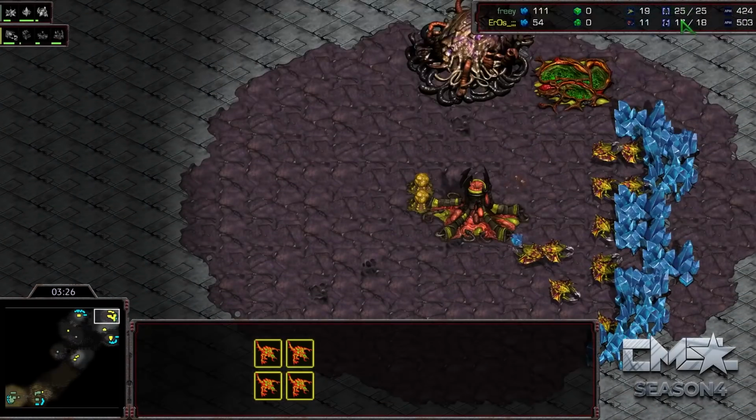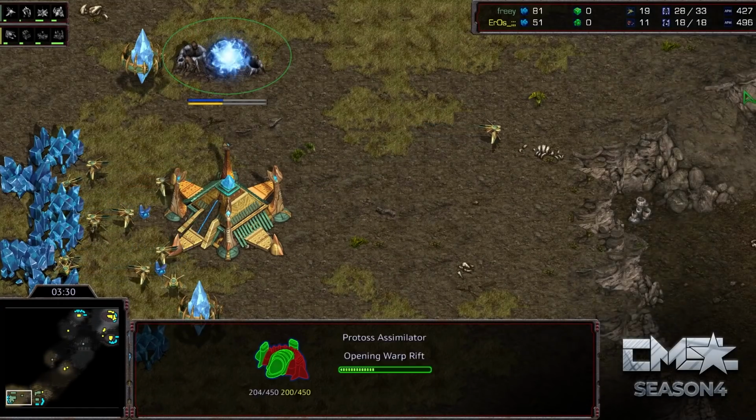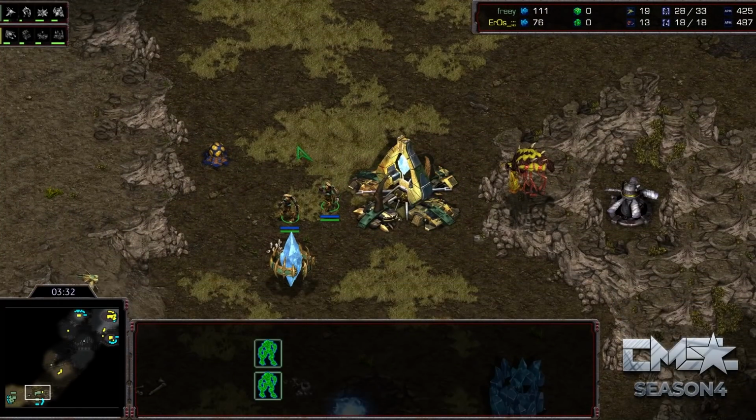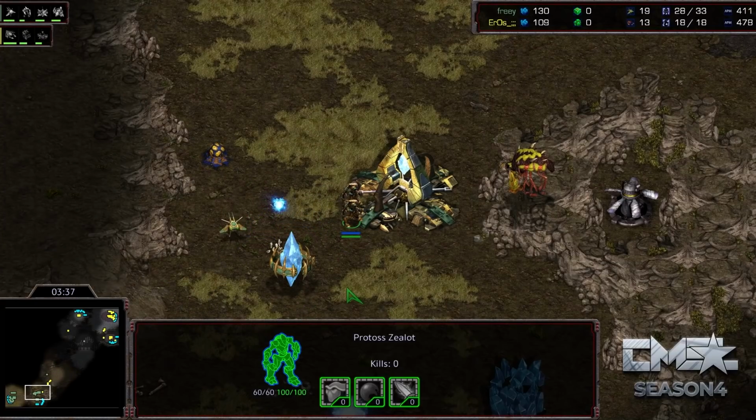4 more kept at home for HyuK, who's just now getting his gas. Over here on the side of Free, getting his gas as well. We don't have a Forge as of yet, so it looks like he's trying to be as greedy as possible. Let's see if he goes Forge or he goes...